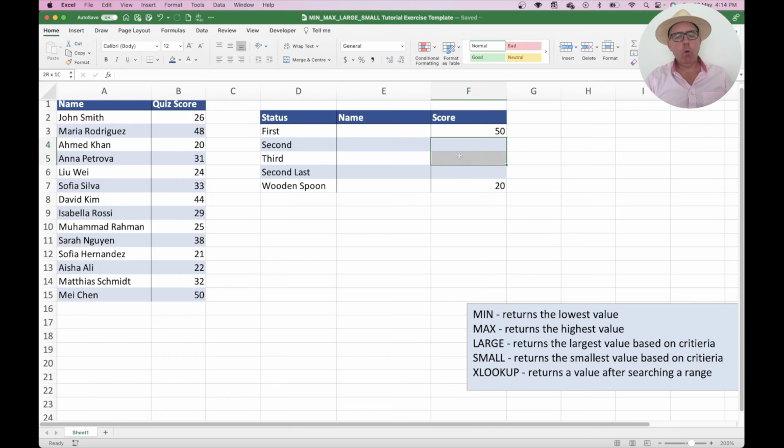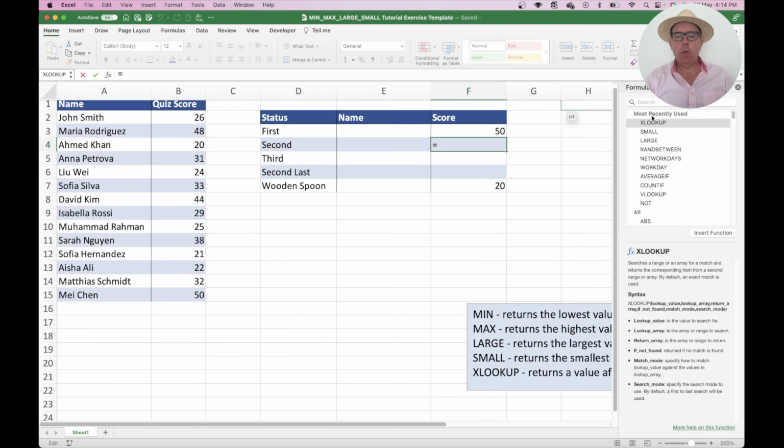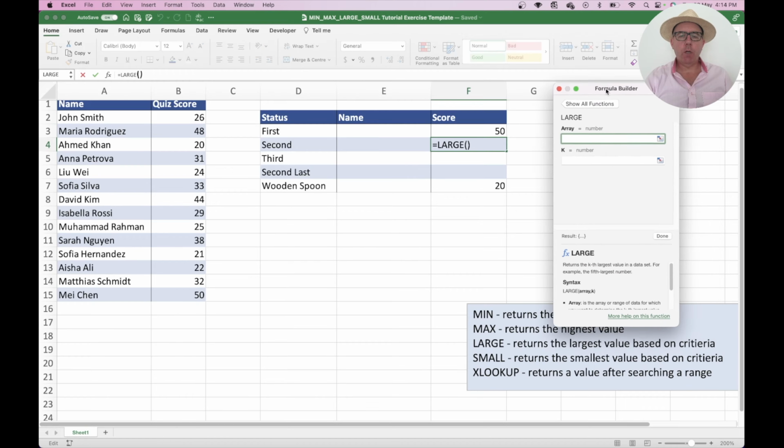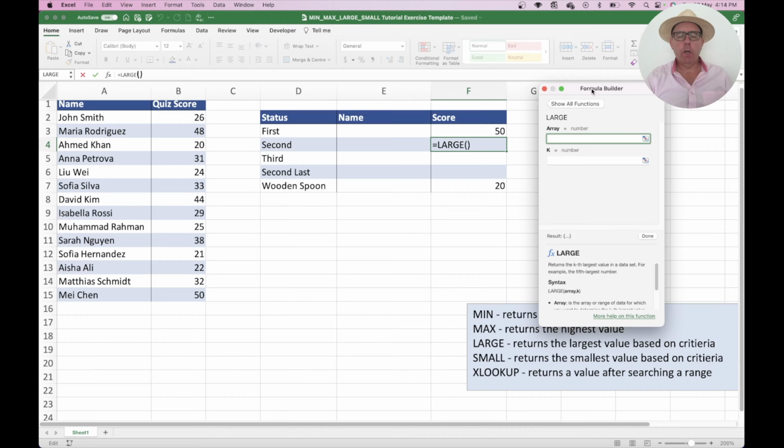For the first two, we'll use the large function. And for that, we'll just open up the function builder. So if we open this up, we'll look for large, insert the function, and I'll just drag this across. As you know, I like to use this for new functions or for functions that are not used that often because it just helps with the logic and understanding what's going on. So this is just two simple